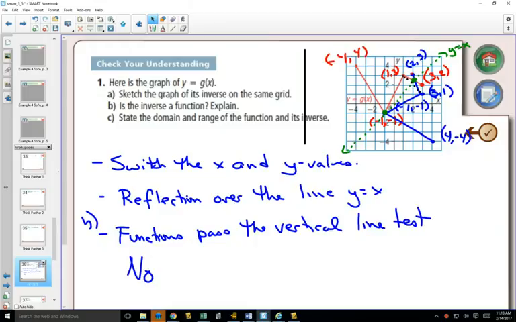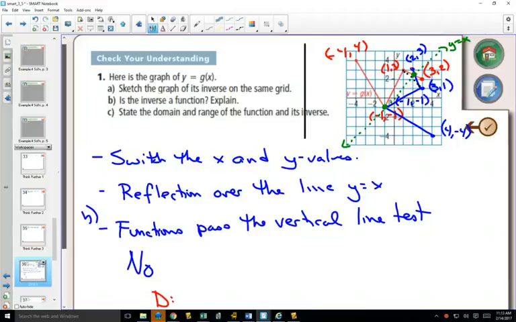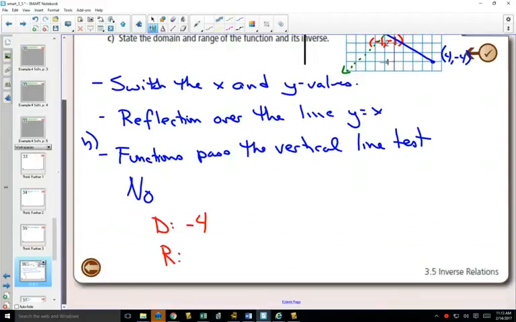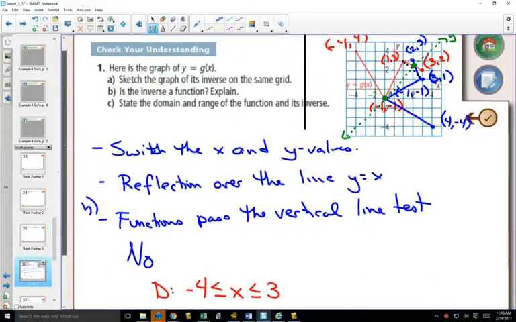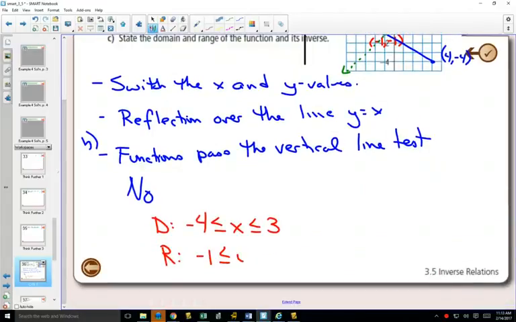Finally, it says state the domain and range of the function and the inverse. So our original function is red, so I'll do that in red. Our domain, our smallest x value is -4. Our largest x value is 3. I'll write it in set notation this time. So our domain is between -4 and 3. And our range, our smallest y value is -1. Our largest y value is 4. And then for our blue graph,